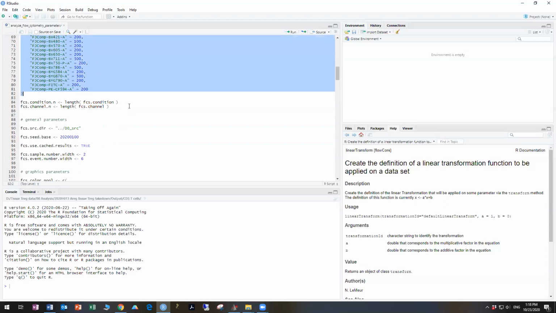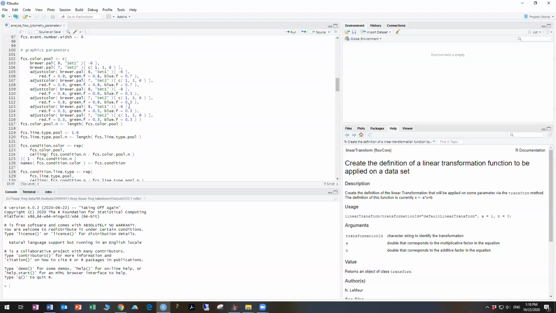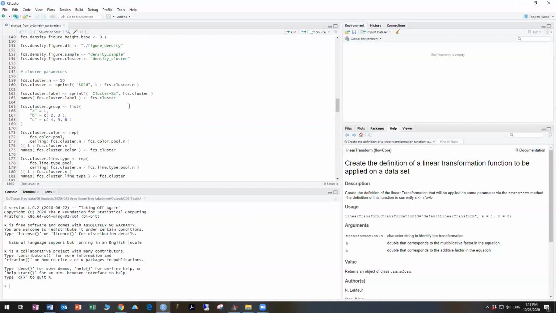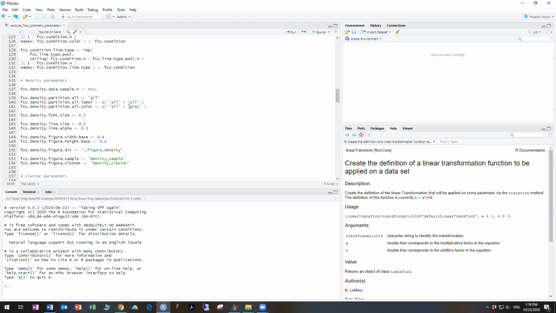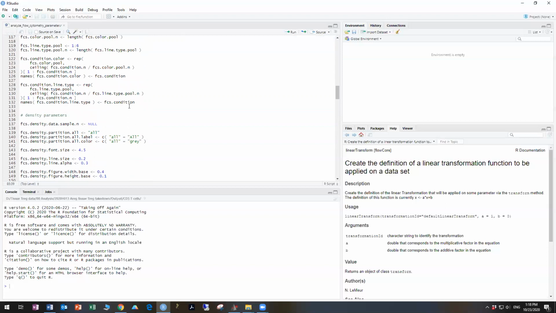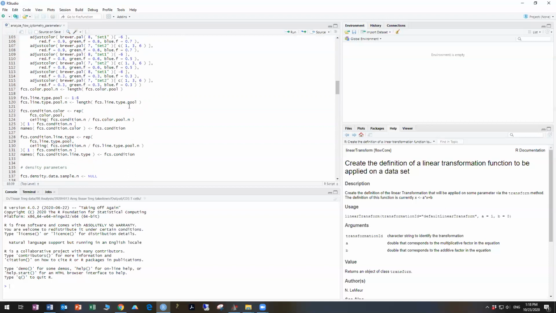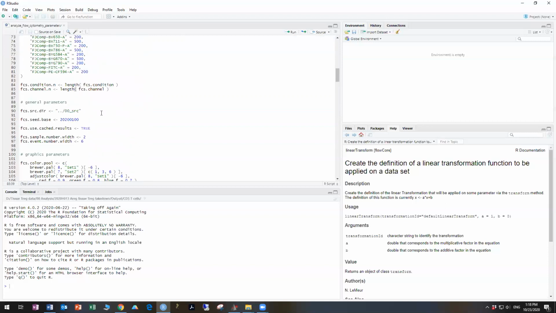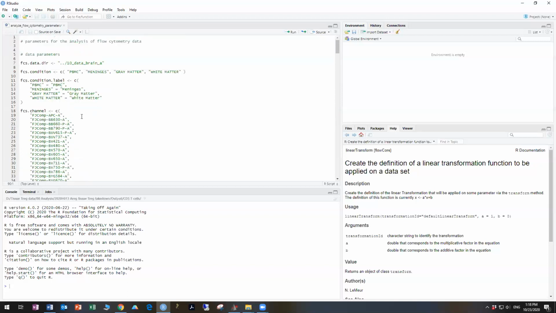The other parameters down below, we won't deal with at the moment because they're more relevant for defining the outputs, how much analysis you're going to do, and how the graphics come out. What we do need to change also is where the source files are for the script, and that's here. You can see that both for this FCS source directory and for the FCS data directory, we have a